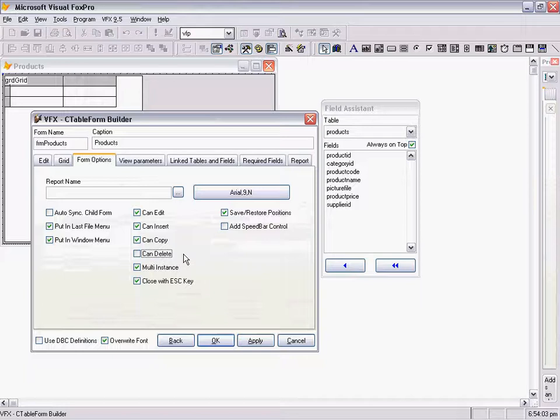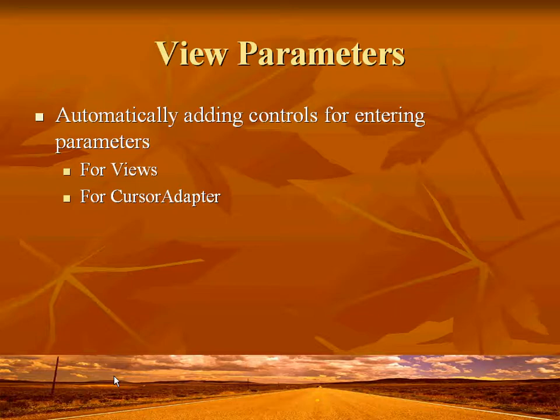So now I can say that can delete is disabled, and in this case users will not be able to delete records from my form. I will set this back to can in order to have all features available later. And let's continue with next page.